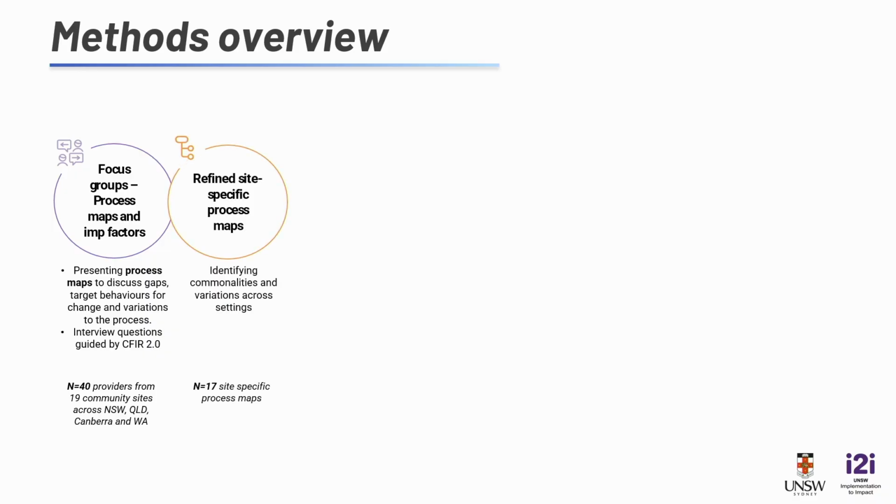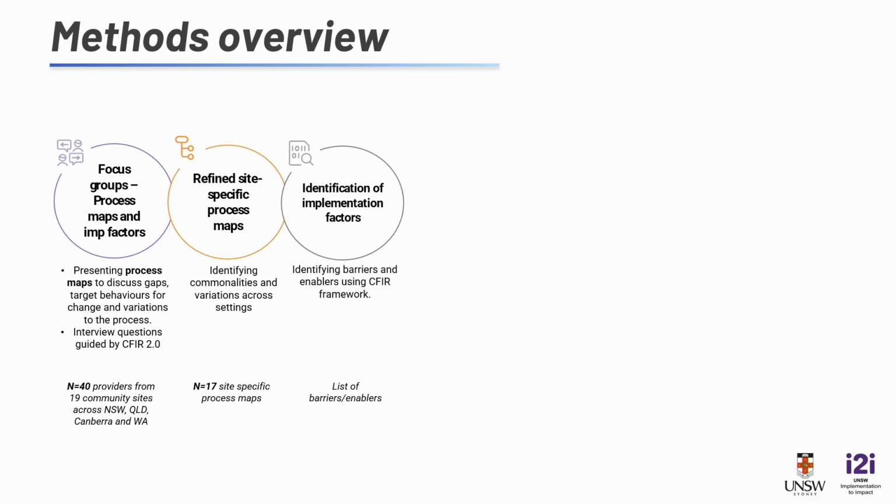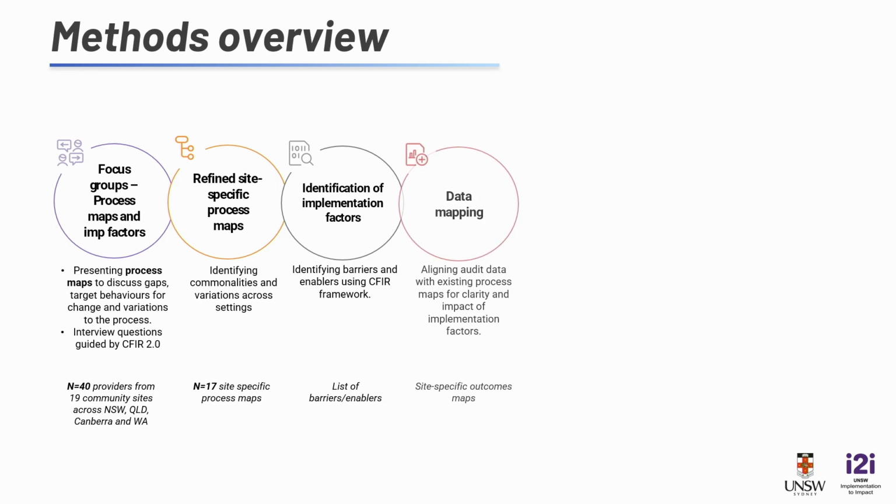We've refined those process maps so that we ended up, I think we've got 17 there, but it might be 19 now, trying to identify the commonalities and variations. We identified barriers and enablers using the CIFA framework so that we had a really standardised way of coding those barriers and enablers so that we can look to identify these patterns, problems or successes. Mapped audit data with existing process maps for clarity and impact of implementation factors,